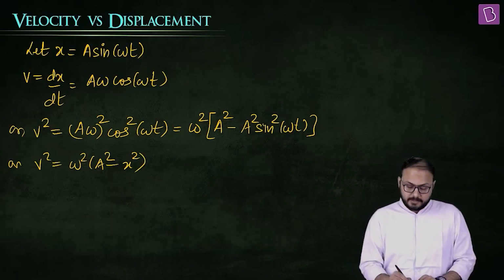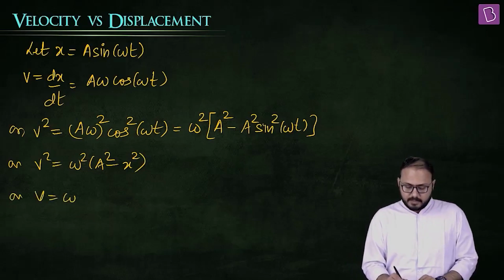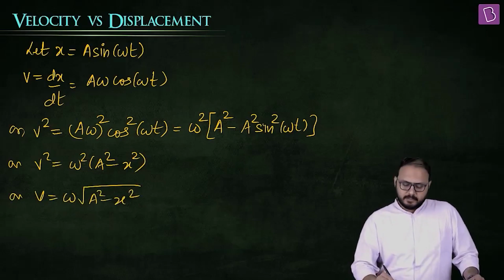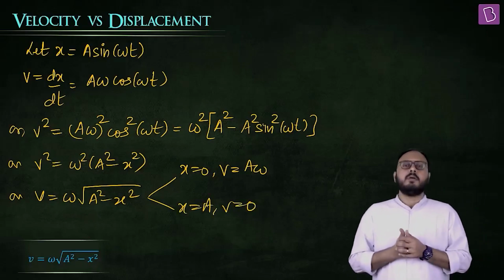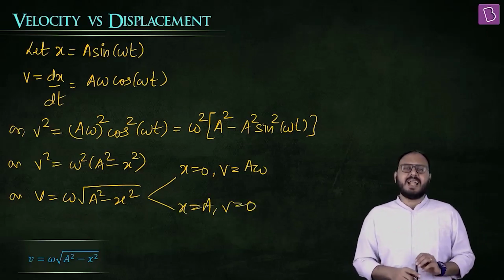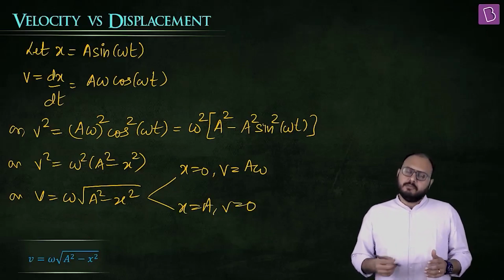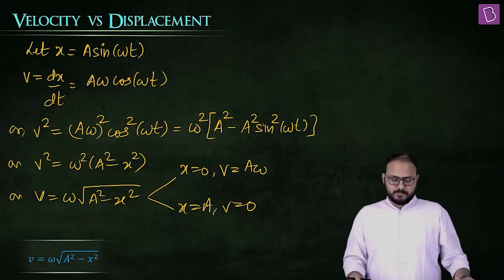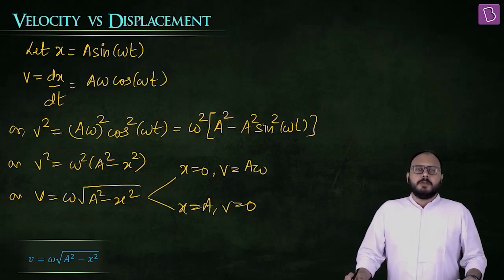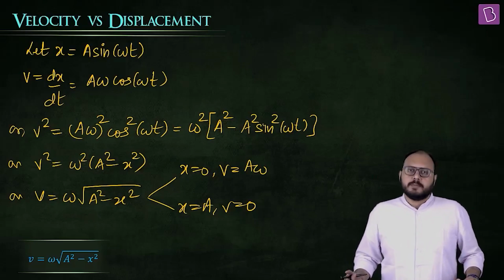Yes, you can actually. Or v is... Right. Put x equal to 0. If I put x equal to 0, v is equal to a omega. Put x equal to a and v equal to 0. Wow. We just found out the relationship between v and x. V and t we know, differentiate once. But we can also express v in terms of x. V equal to omega under root a square minus x square.